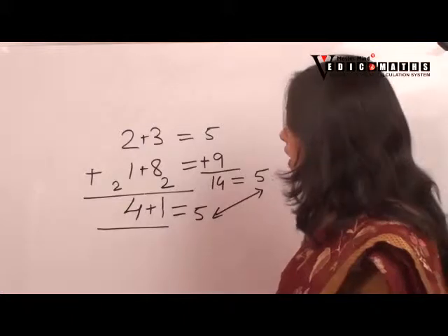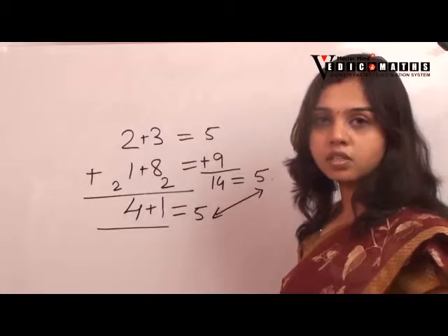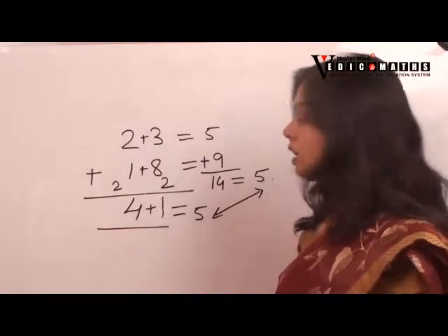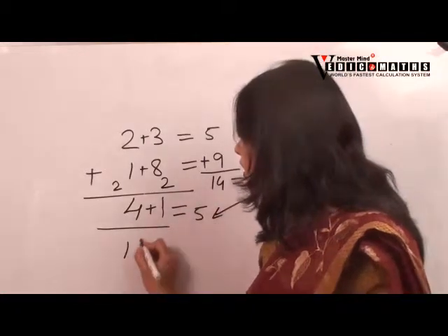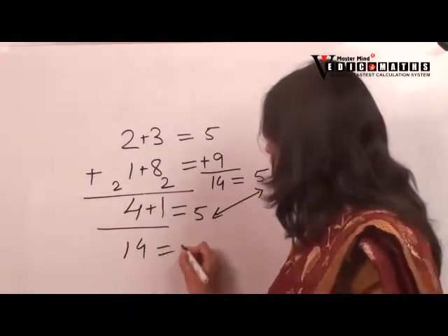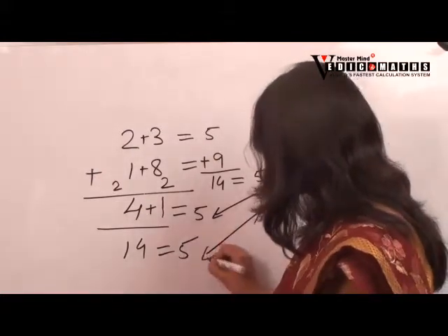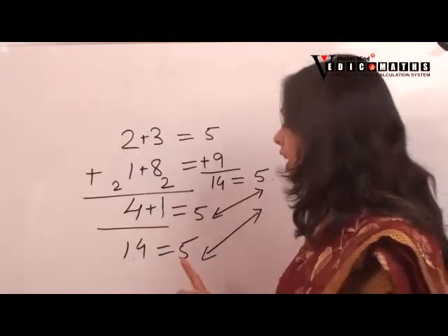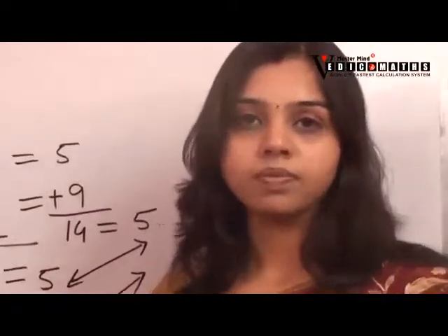But I gave you a statement that we cannot check that our answer is 100% correct. So our answer is 41. If somebody writes 14 instead of 41, the digit sum of 14 is also 5. From Navanga, it seems our answer is correct, but 14 is not a correct answer. That means from Navanga we can only check whether our answer is wrong or not.